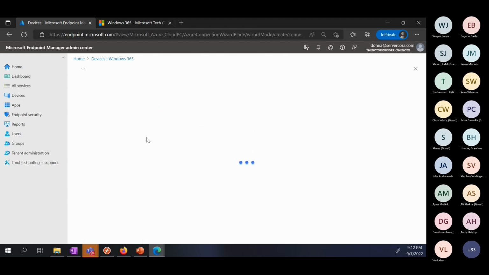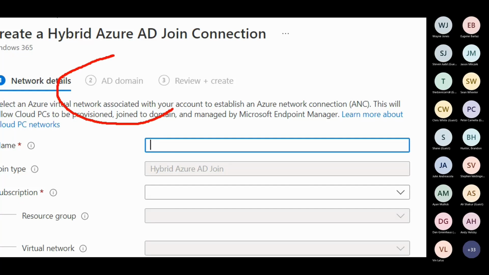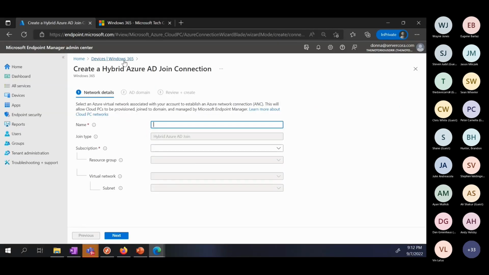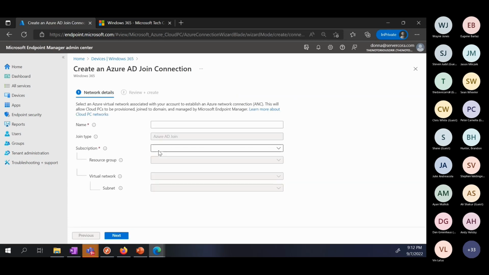Let's see if I can hit the hybrid one. I'm not going to complete this because I don't have a site-to-site. Oh, I do, but I kind of broke my domain. So I'll just walk through this at a high level. The only real difference between the two is you need to be able to specify the OU you want to put in, domain name, and a domain join account. That's really functionally the main difference between doing hybrid and Azure AD. So I guess that being said, let's just walk through the Azure AD one.